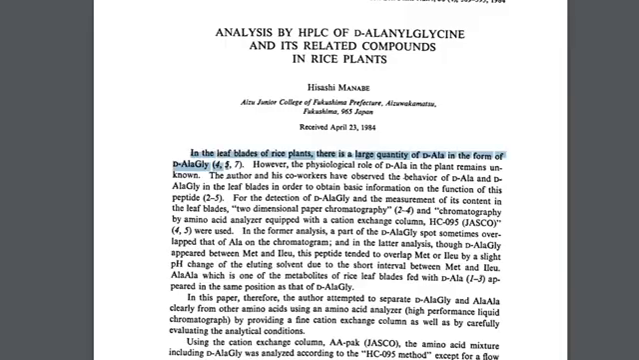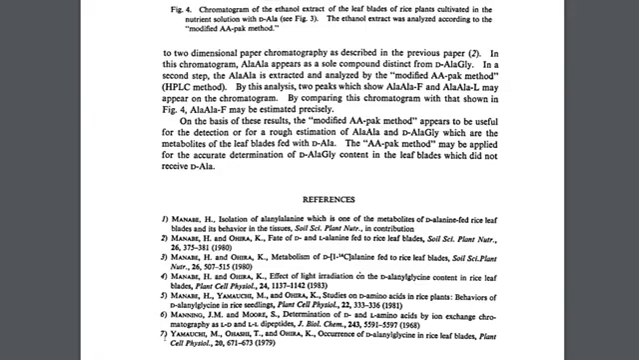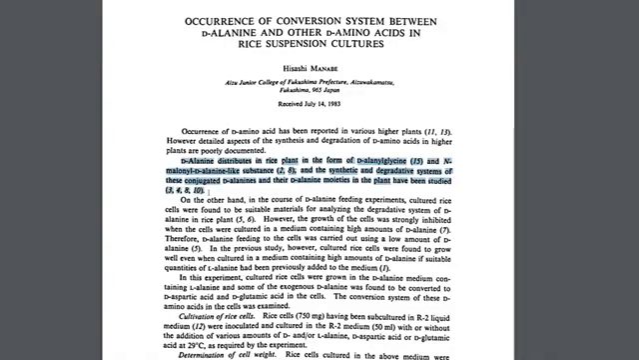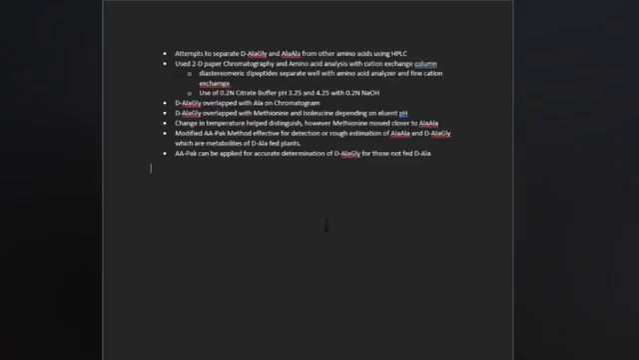We can see here that in this paper there are references 4, 5, and 7, which can lead us to see how large quantities of D-alanine in the form of D-alanine glycine have been found in the leaf blades of rice. As you get into the results and discussion, you may find you have gotten the information needed for your inquiry